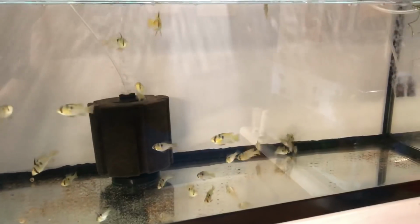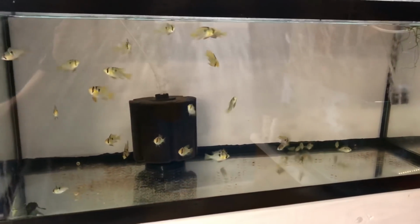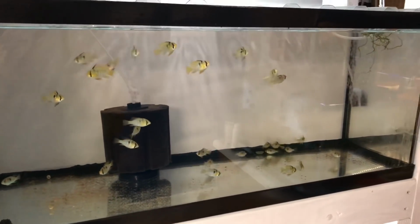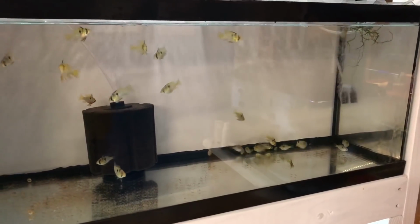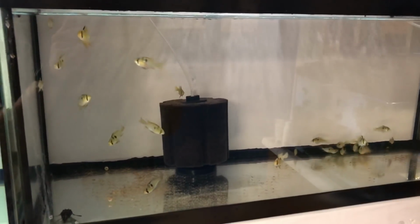So very cool fish. Like I said, I've been breeding them for years. Just wanted to show them today because they're looking good. I was just feeding them, and I've told people in the past that they're for sale, but I like to stay updated. I'm going to post the month and year of this video, so if you're watching this video 6